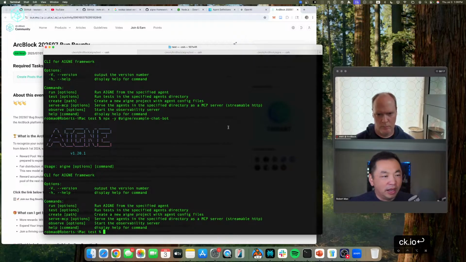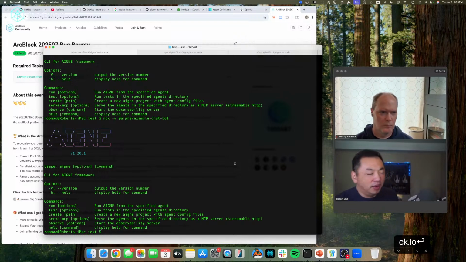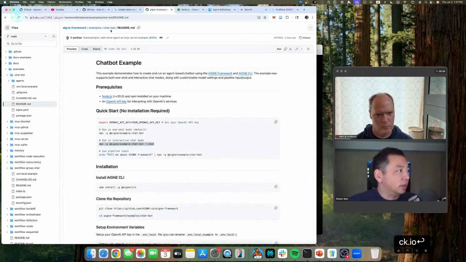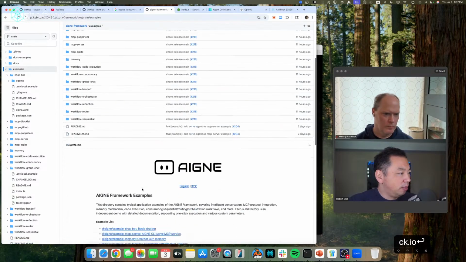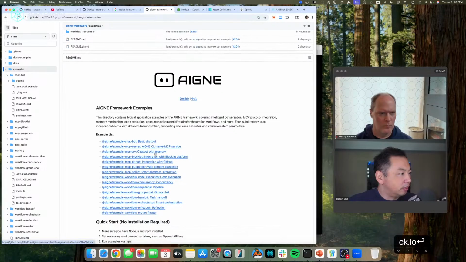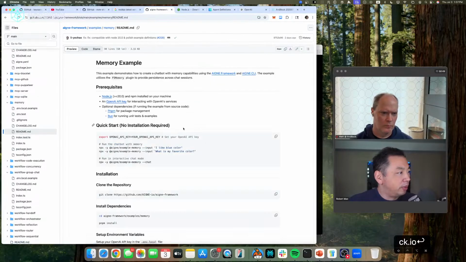So for example, when I was doing the demo here, I tried the simplest example, the most simple agent example, and it actually broke, right? So it didn't do the things we expected. This chatbot example doesn't work. So let's skip that and see if we can do another example. Let's try this chatbot with memory and see if this one works.